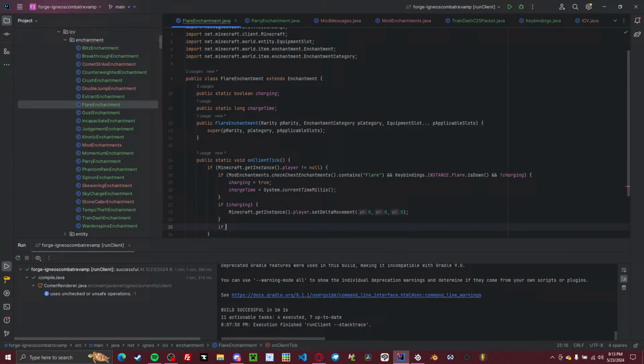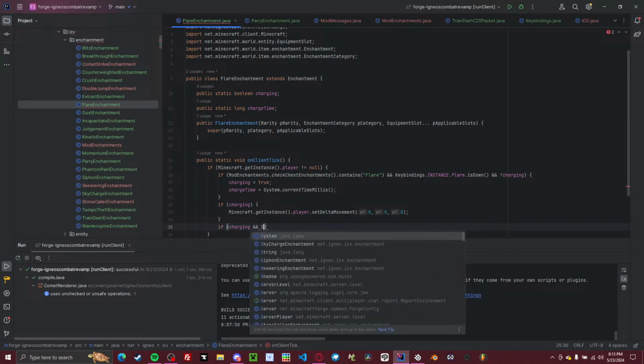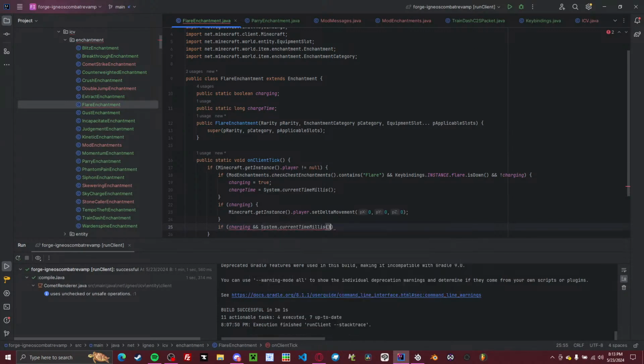And then if charging and System.currentTimeMillis is greater than or equal to charge time plus 2000, well, 2500 actually, then